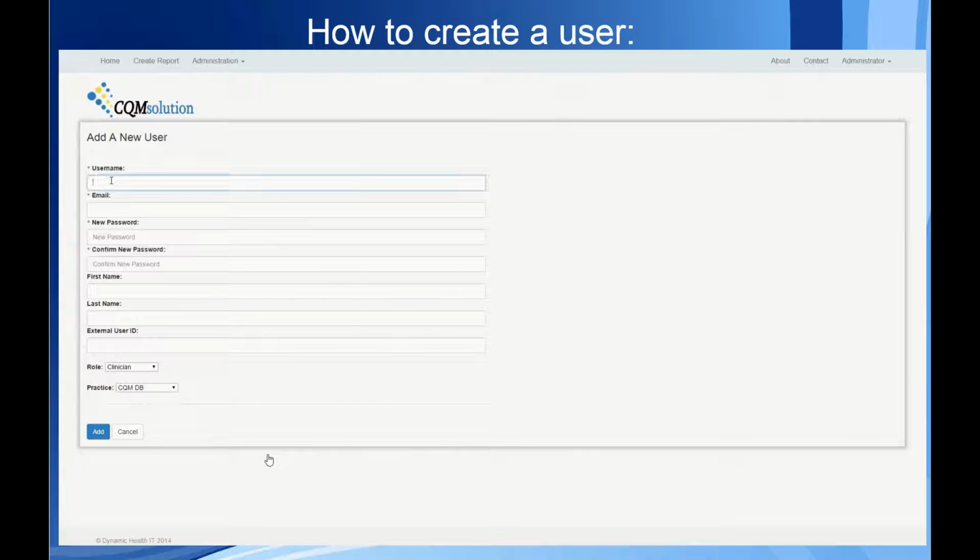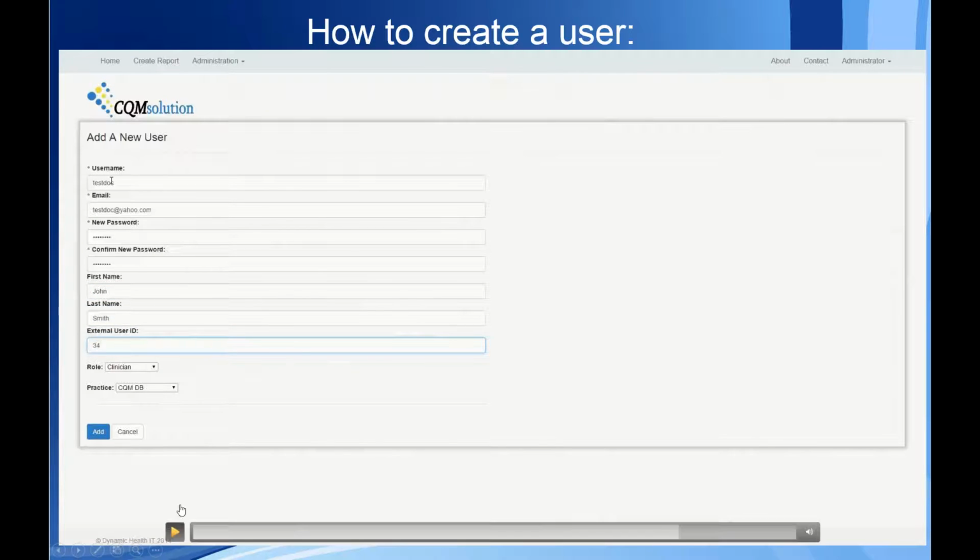So each user needs a username, and each user needs to have an email. And each user has to have a different email. You cannot use the same practice email to set up all of your different users. So if you're setting up 5 different accounts for 5 different physicians running reports, they will all need a separate email address. So we put in a password, put in the information, first name and last name, and then the